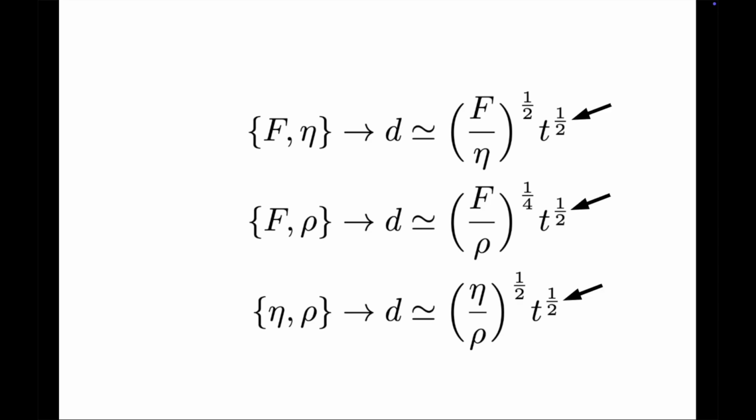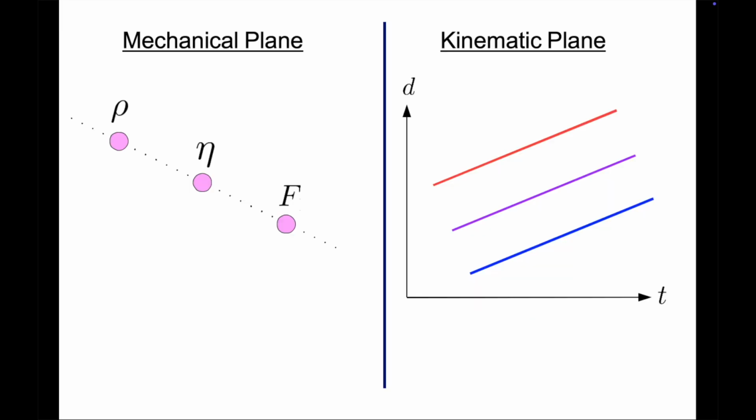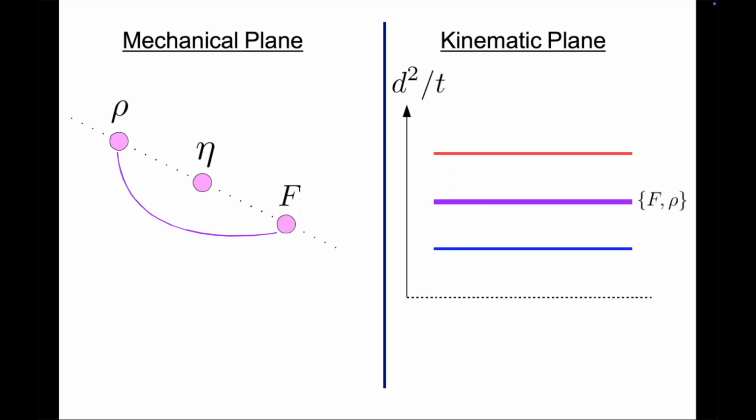The three quantities are indeed on a diagonal of slope negative 1/2. So from the canonical perspective, we see three parallel lines in the kinematic plane, with a slope of 1/2. In the middle, we have the furthest pair from the trio, force and density. We can see this more clearly by using the constant variable common to these three regimes. We've seen this kind of selection of the right angle in episode 8.